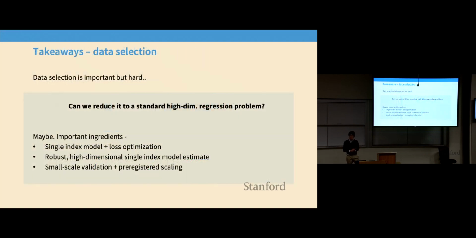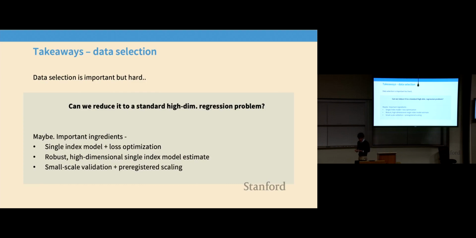Sorry, that was a bit of a digression. But to take away here, one important pillar now is data selection for pre-training. If you take away one thing from this talk, it's that pre-training data is very important. And data selection is the core algorithmic piece of that.